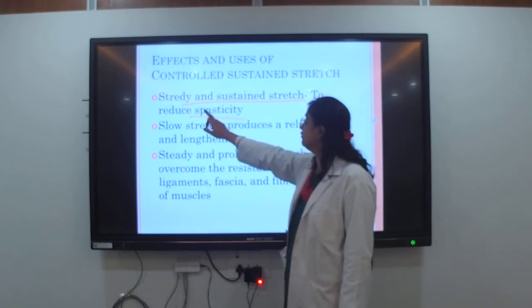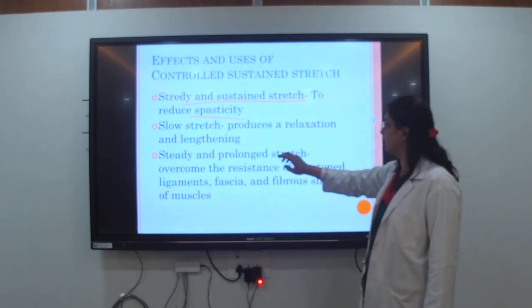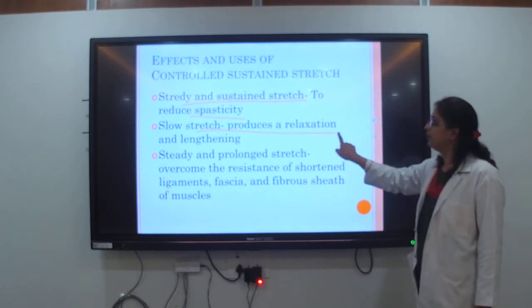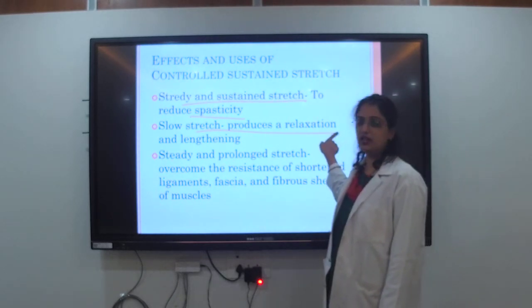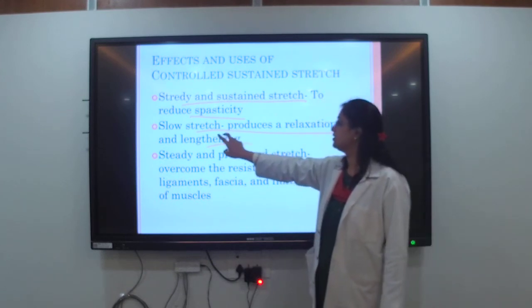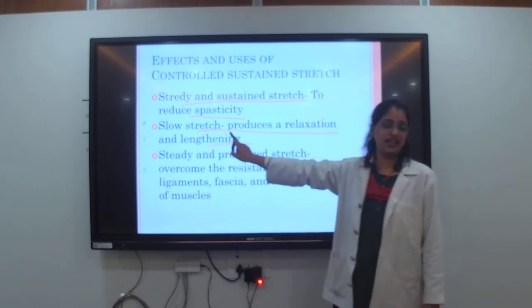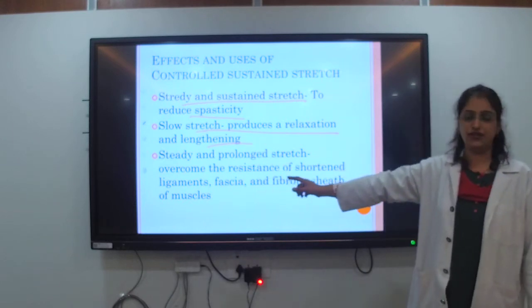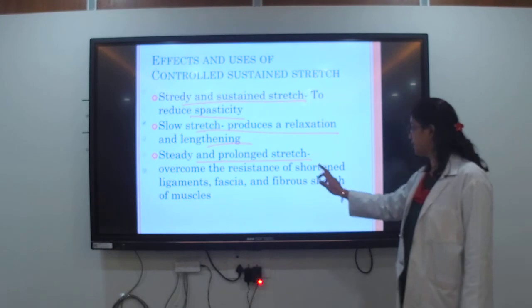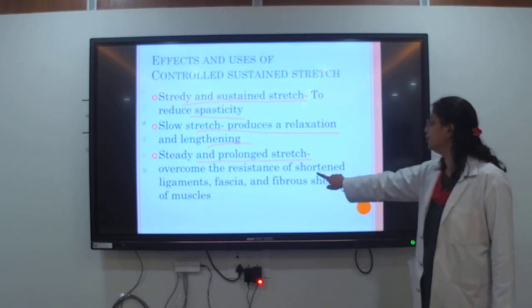After that, slow stretch will produce relaxation as well as lengthening of the muscle. This slow stretch you can give to post-operative patients. Then steady and prolonged stretch will produce